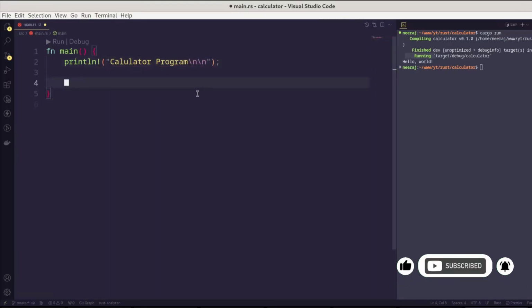So my idea is that we will take a few inputs in the num1 and num2 variables, and we will also ask for some choice. And based upon these three inputs, we will perform the calculation. So let's do that. I'll create a few variables